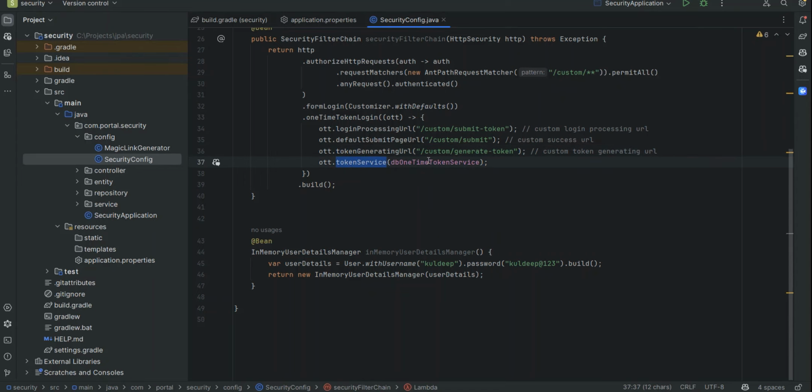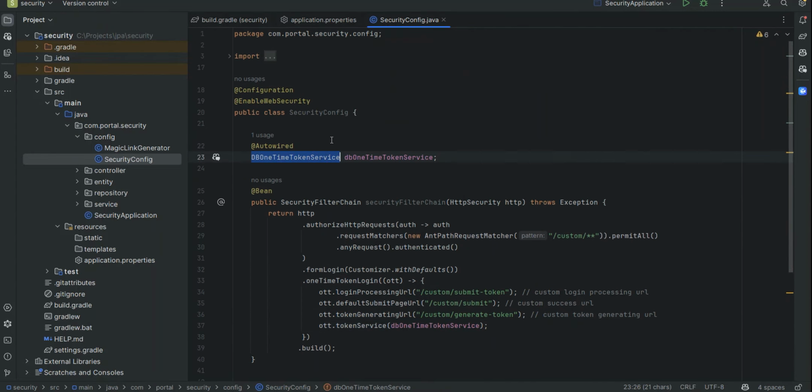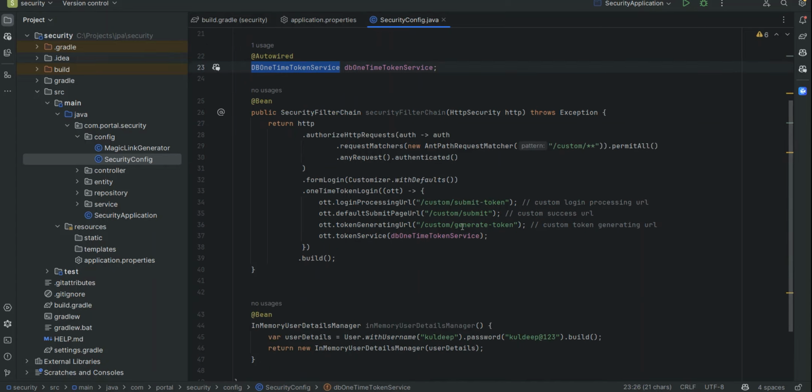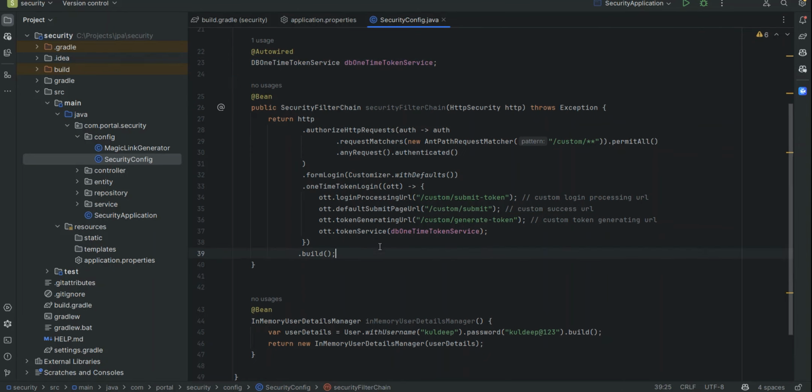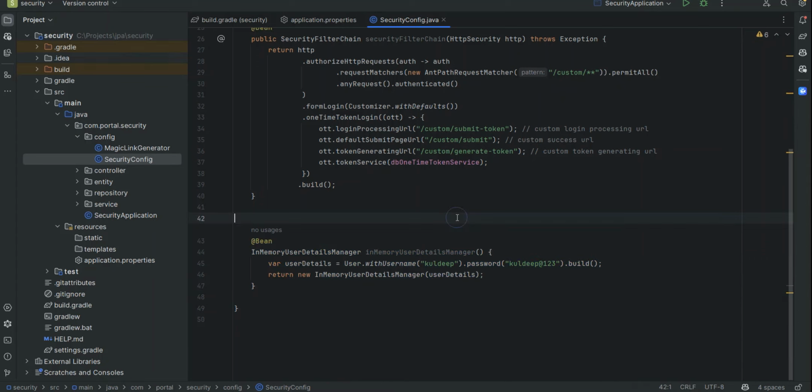And this is the token service, the one-time DB token service. Here you can see this is the class which again I have customized. I will show it right now. Okay, and this is the build. And for users, we can create a user table which is standard in Spring Security, but just for the example, I'm storing the user. The user is Kuldeep and the password is this one, just to show. Okay,